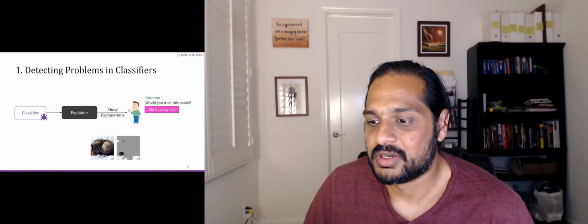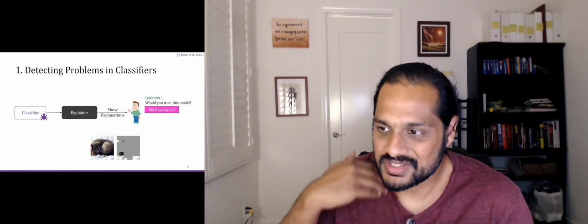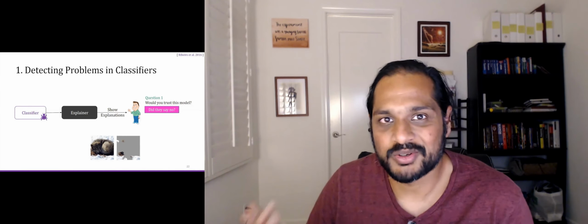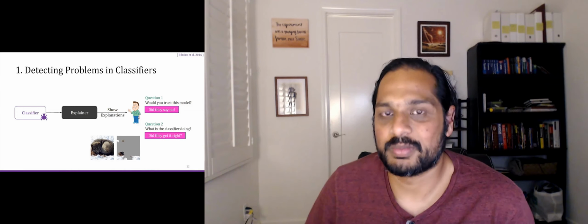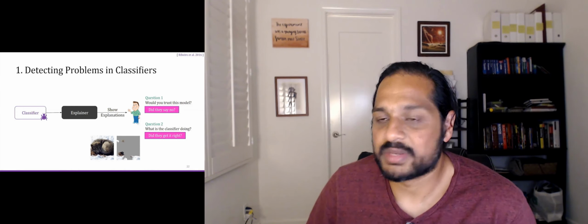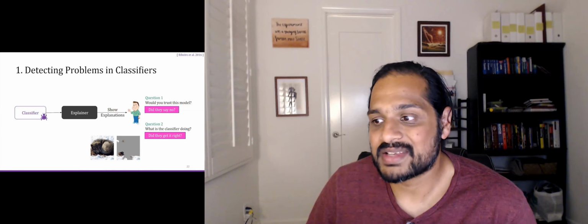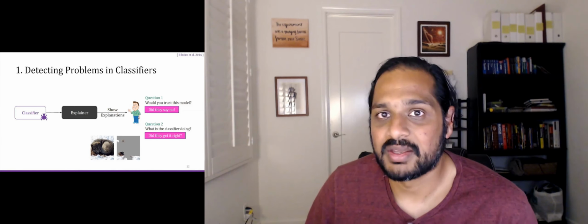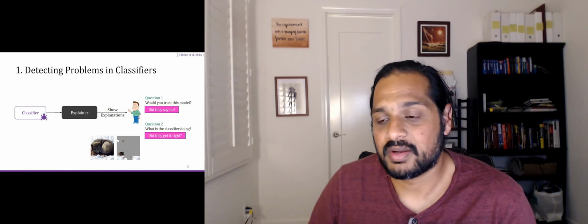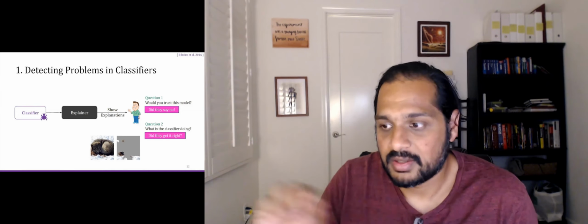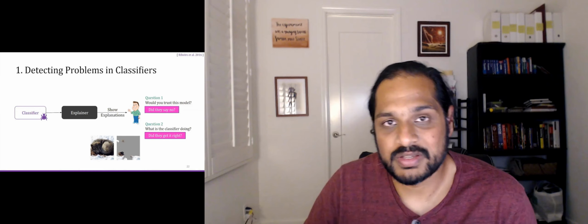And the user basically should say no. So you just calculate how often they say no, right? That's the evaluation. Like, do the explanations show that there's a problem with this model? You can also go more fine-grained, where you ask them, what is the classifier doing, and get them to answer in some form and see if they actually got it right? So if you know what the bug is, do the users also figure that out based on the explanations?